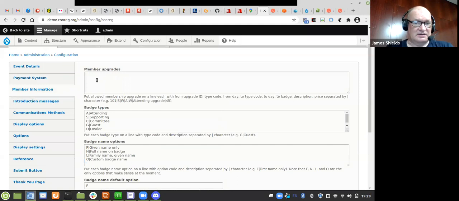There's the ability to set up upgrades of member types. The way that's done at the moment is a bit tricky, so that's something I'm going to be working on improving the user interface for. Again, badge types are